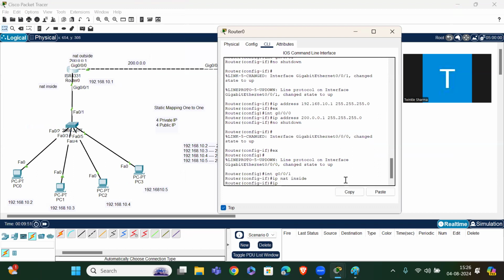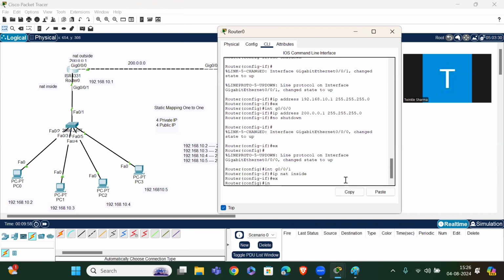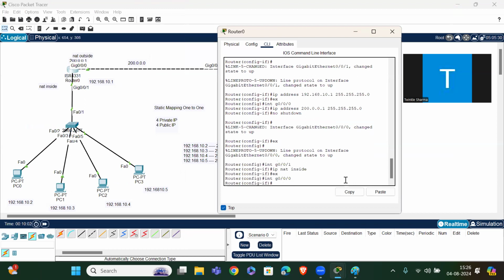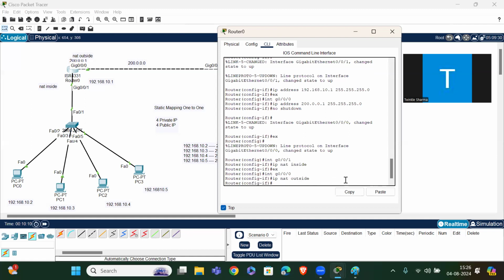Then exit, interface G0/0/0, ip nat outside. Done. Now let me do the NAT.